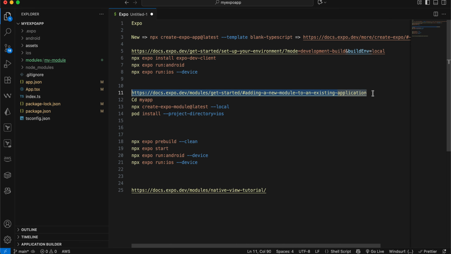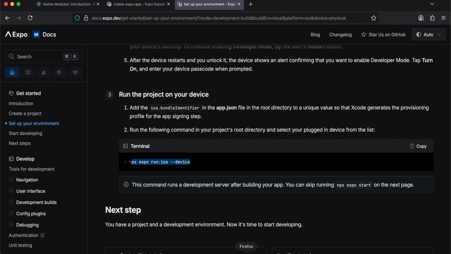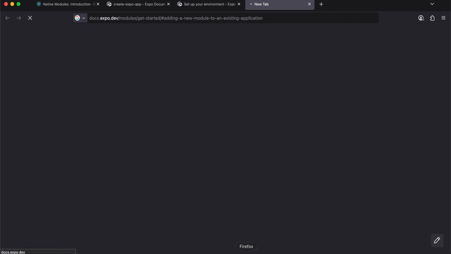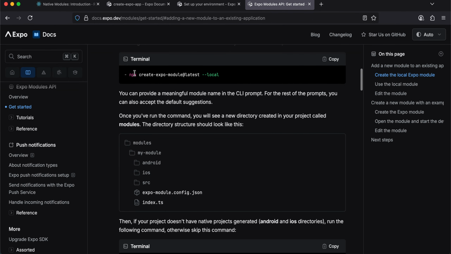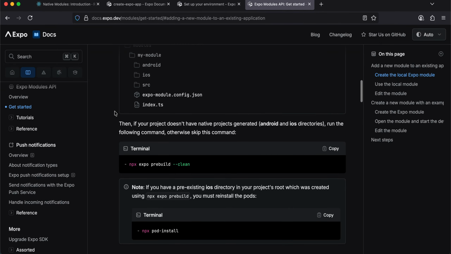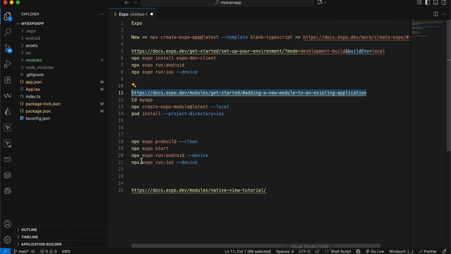you need to open this particular URL over here. This will actually create a module for you inside your application. For that you just need to run this particular command over here. It will ask you some questions like what should be the module name and everything. I have kept everything as default and just pressed enter 3 times. Once you have pressed enter 3 times, then you can just run this command,